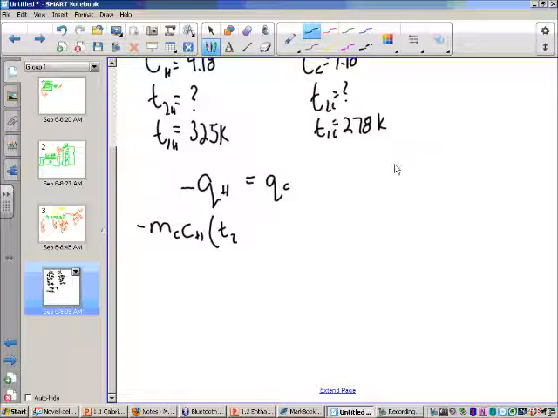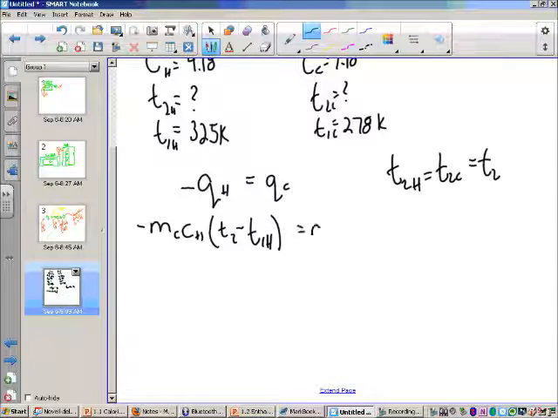Let me just put that off to the side here as a statement. T2 hot equals T2 cold, and let's just call that T2. The same thing in our equations. So T2 minus, and then it's going to be T1 hot, that's different, and then it's going to be M,